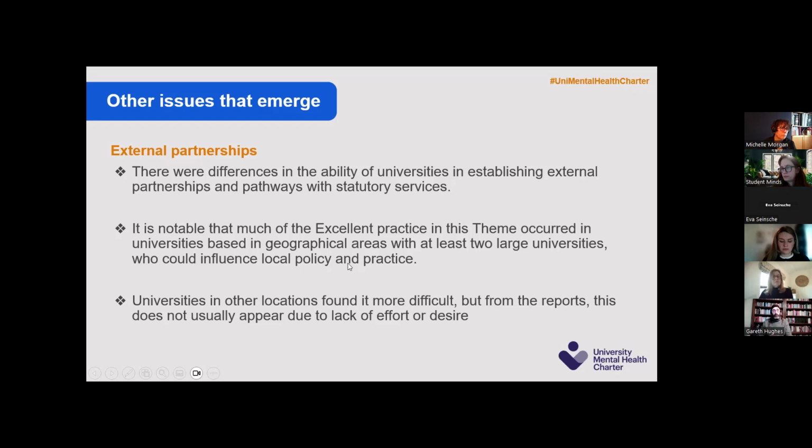That isn't to say that that was always the case. There were some cases where there was some good guidance in those reports to universities about how they could approach what they're doing differently, and work that they maybe needed to do to try and engage in a different way with local NHS or social care or third sector. But there's clearly something going on that is about where you are and what type of university you are and what else you've got nearby that really impacts on how easy it is to create those external partnerships.